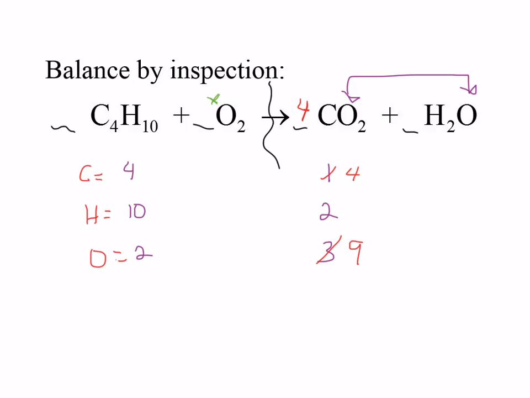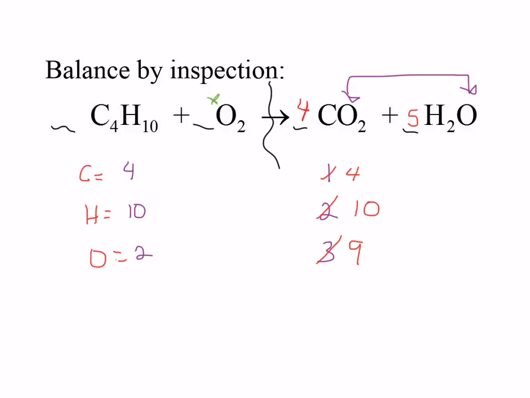Cool. Well, then I would probably, just how I am, go ahead and try to fix my hydrogens. So I have 10 hydrogens over here. How do I get 10 hydrogens on the product side? Yes, change it to 5. That's right. So we put a 5 in front of the H2O, multiply H2O by 5. So now that gives us, what, 10